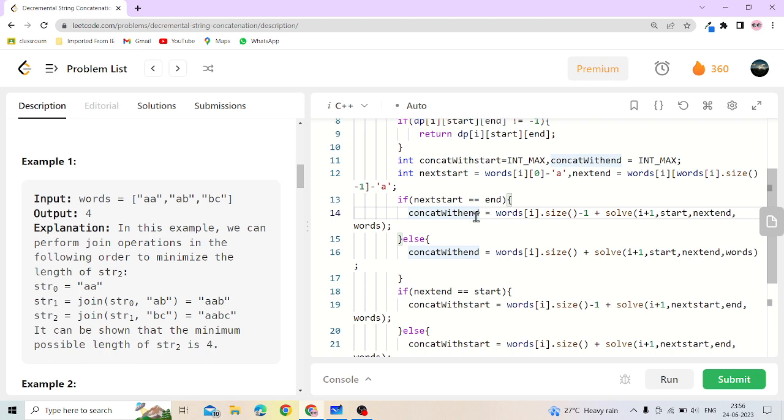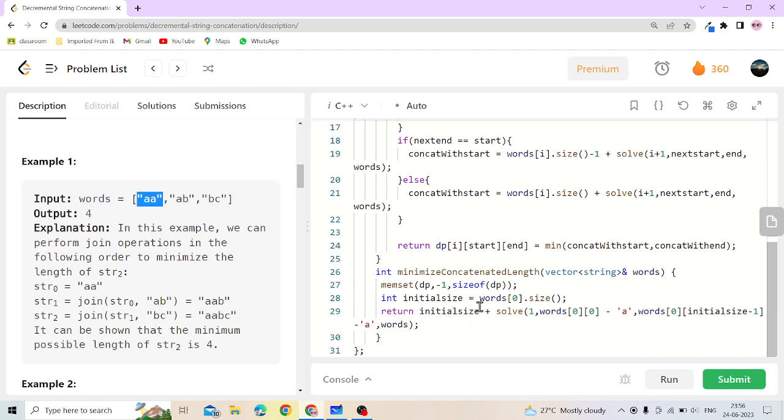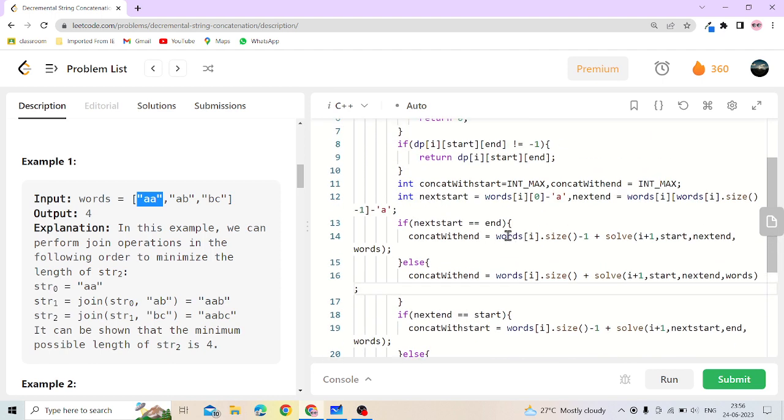If I am concatenating with end, I am concatenating this AB with its end. So what I have to check: the existing string's end is equal to the new string's start. If it is equal, then concatenate with end is equal to words of i dot size, its size. And this size I have already added in the function itself. So its size - 1, because they are equal, so I am subtracting 1 from the length, and